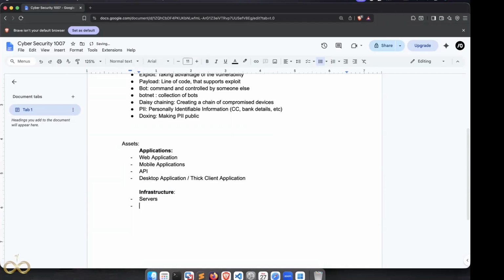First, I'll go with the IDS, IPS, the routers. These are not the Wi-Fi routers. These are the network routers, the network routers used in the company for the DMZ or any other sort of things.